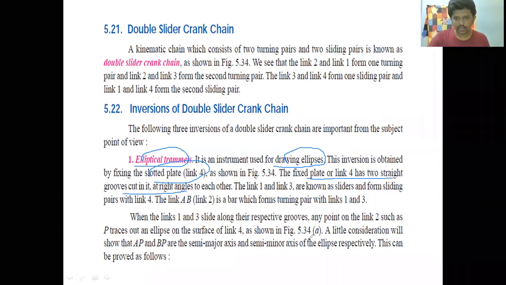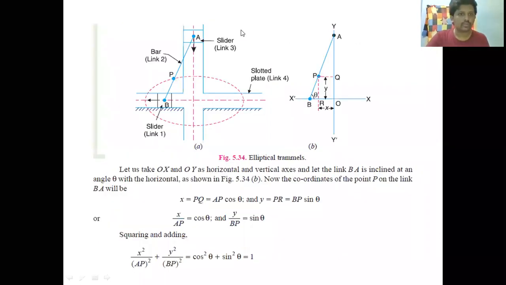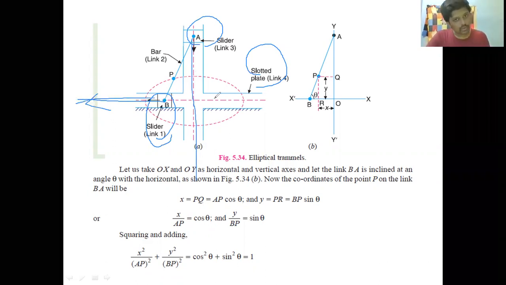We'll see there, right? We have a link 4 here. This is a diagram. We have link 4. See, this is the slotted plate, link 4. What we are doing is fixing it. And we have a slider here, link 3, and a slider at link 1. This bar is link 2. I'll explain the process here. If this is moving in this direction, what happens to this? It will start moving in this direction. Now, when it is moving in the opposite direction, what happens to the slider, or link 3? It moves in the opposite direction. That means those two are attached like this, right? If it is moving in this direction, it happens like this.